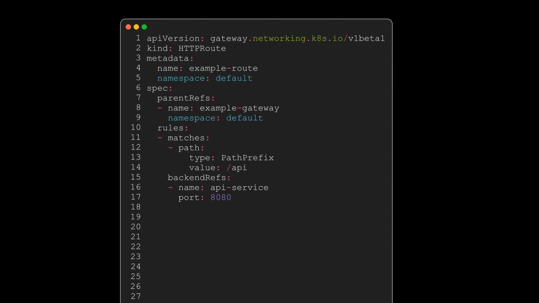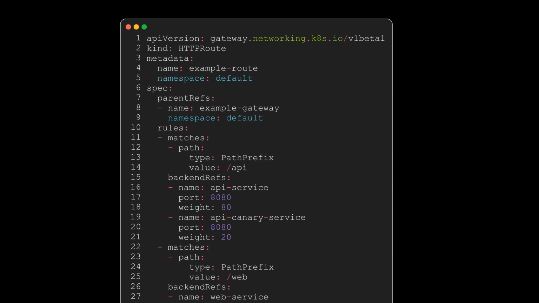Finally, let's look at HTTP route, which specifies how HTTP traffic should be forwarded from a gateway to Kubernetes services. It contains matching rules and routing configurations. Finally, let's examine the HTTP route YAML manifest in detail, breaking down each section to understand its purpose and configuration